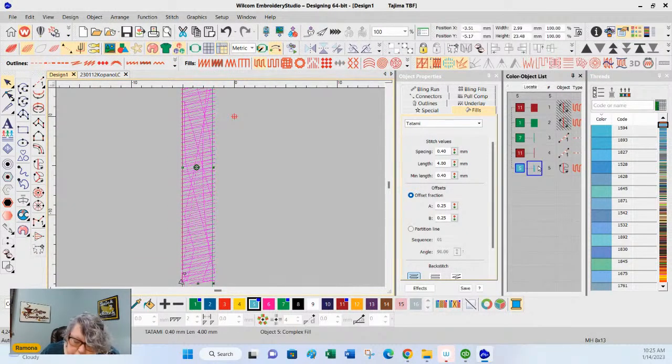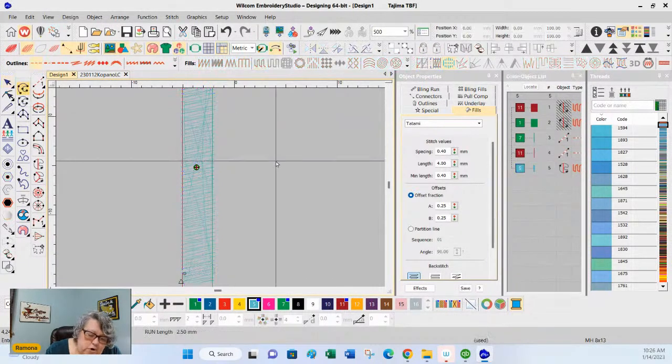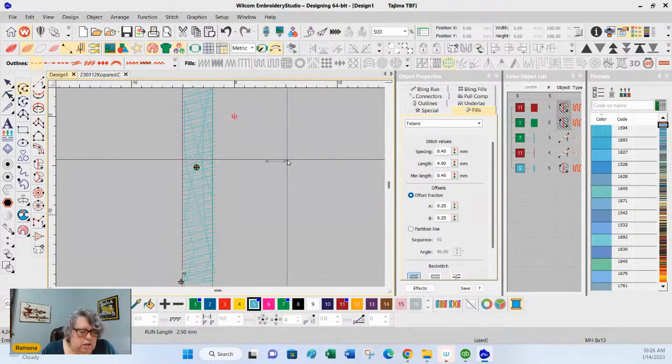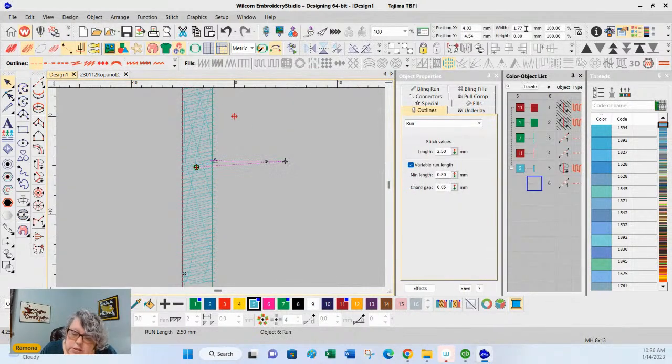This particular stitch has our standard default 40 dot 40 density. The stitch length is 4 millimeters. A 4 millimeter stitch length. We're going to do this.